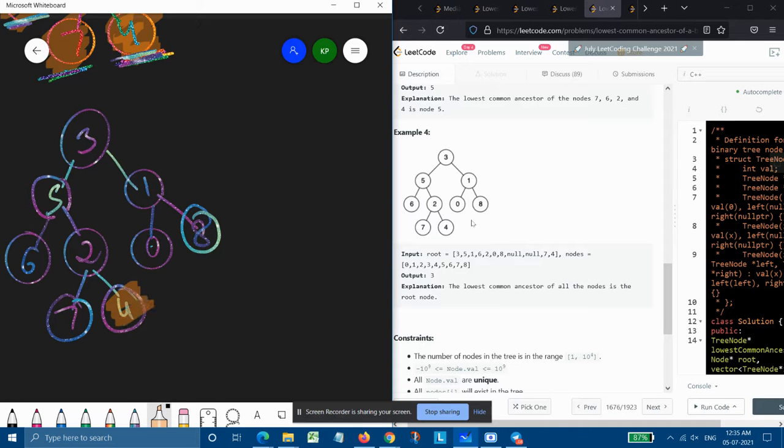Means we need this one, this one, this one, basically the whole tree is required.